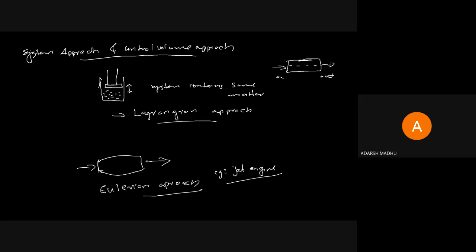So in this session, we have studied the introduction part of CFF, compressible fluid flow: what is fluid, what is compressible flow, what is incompressible flow, what is real fluid, what is ideal fluid, what are the differences between incompressible and compressible flow, the concept of continuum which we use for analysis, and what are the control volume approach and system approach. These are the topics we have discussed today.